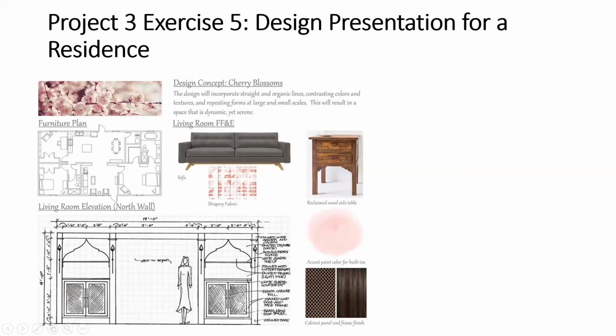You can also see that I have a copy of the floor plan or furniture plan here. You're not going to put this furniture plan because this is the generic one. You're going to put the one that you created in that exercise in which you have refined all of your furniture shapes to realistically reflect your selection. So that's going to go there. And then you're going to place that elevation that you created in the preceding exercise. Now this presentation is really going to show a snapshot of your design. So again, concept image and description, 3 furniture selections, 3 finishes selections, a furniture plan, and your elevation.